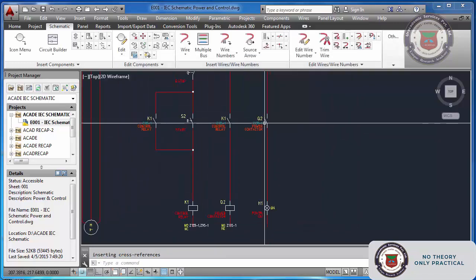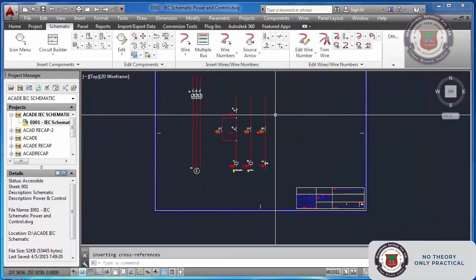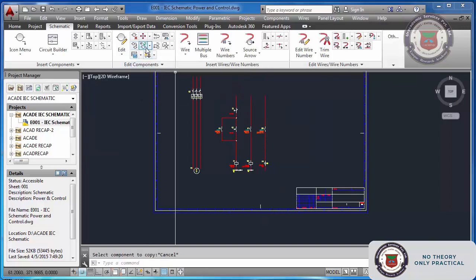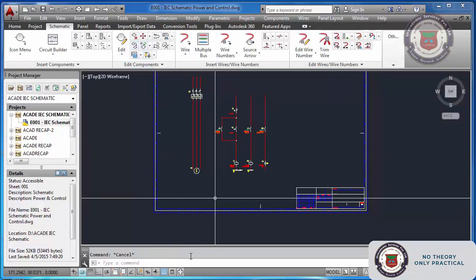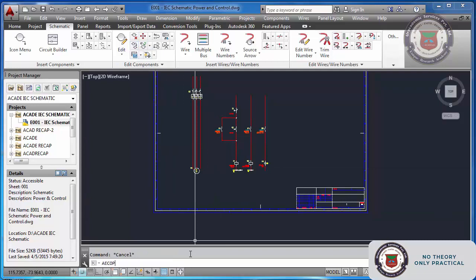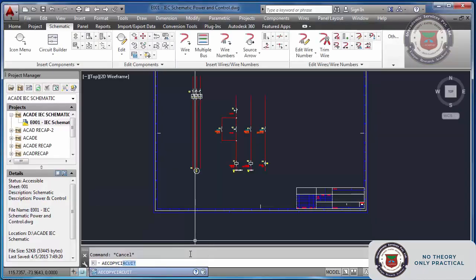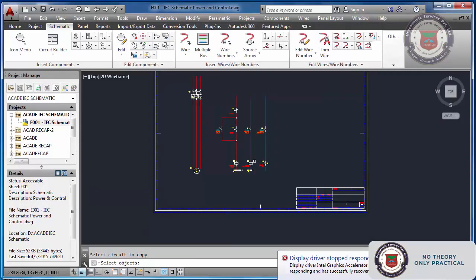Okay, Q2, and I will copy the circuit. I can copy the whole circuit. For that you have to type copy circuit. This is one way of copying the circuit.